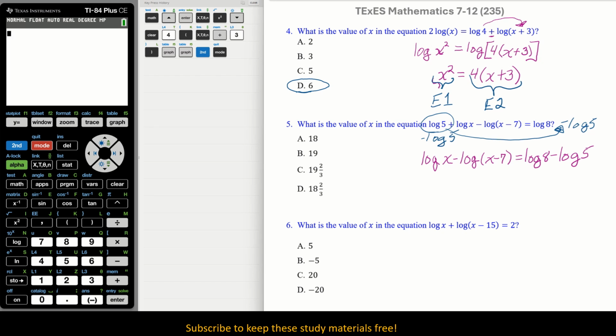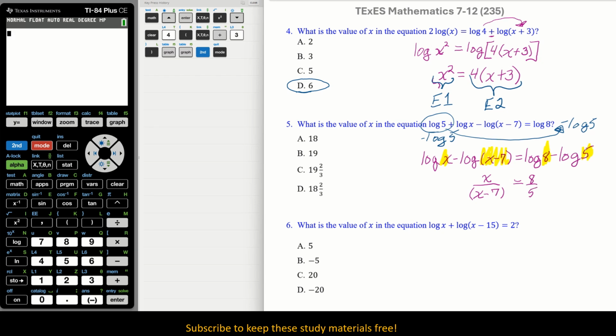Okay, so this tells me when you're subtracting, you have to divide. But what we're going to do is pull out the arguments because we can just drop the logs because each of our terms has a log. They are a log. So that tells me we can drop them. Okay, so what do we really have? We have x over x minus 7. I'm going to put that in parentheses for a reason. Okay, and then we have